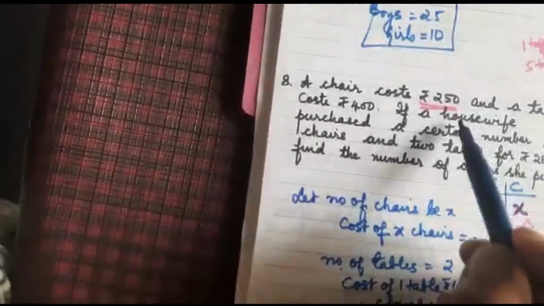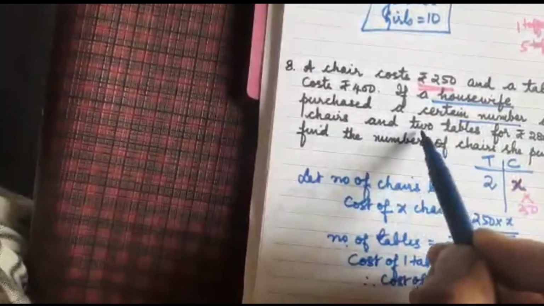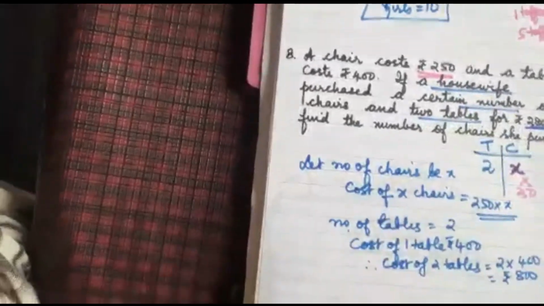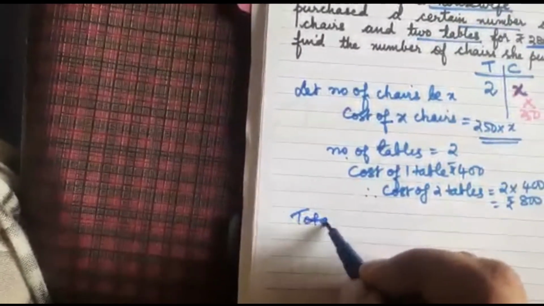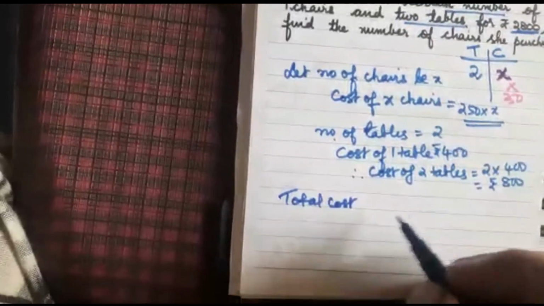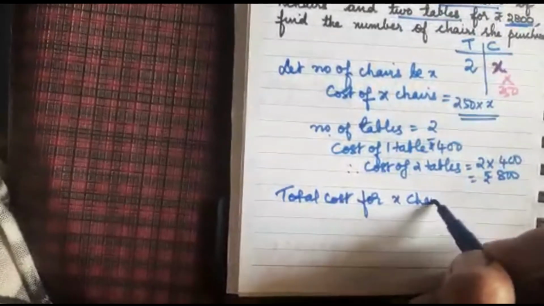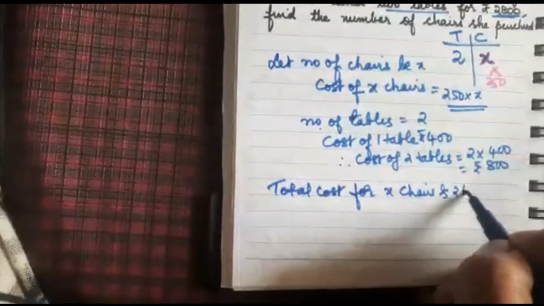Now how much did she spend? The housewife purchased a certain number of chairs and 2 tables for 2800. So the total amount spent for x chairs and 2 tables